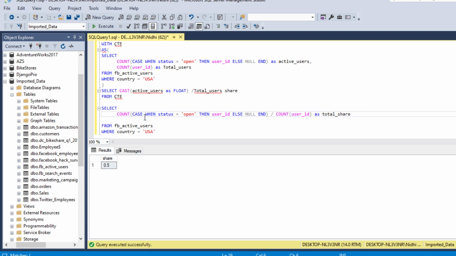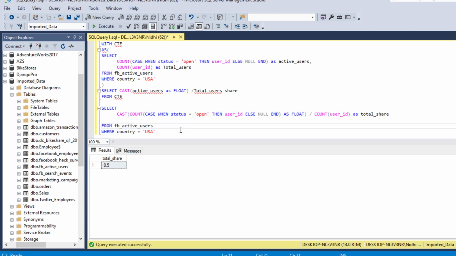Then we will convert our data type to float, cast as float. Let's run this code. It is also giving us the same result.